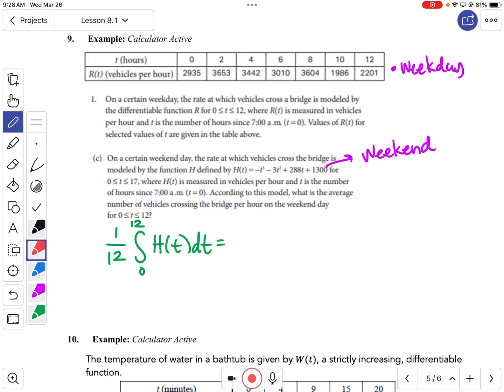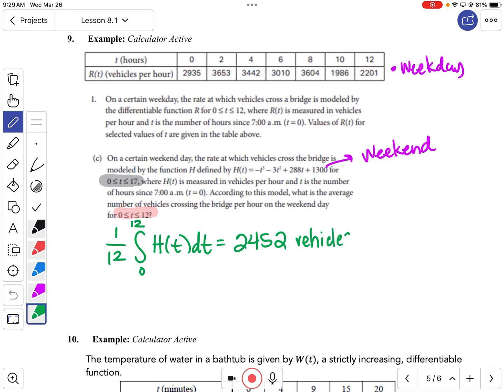Okay, I also think they give you some distractors in here as well. This 0 to 17, that's what the function's defined for, but the time they want me to do is 0 to 12. Okay, so you just have to be careful with those kinds of things. I don't know if there's decimals attached to that. That's what I have written down right there. 2452, is it exact? Yep. Okay. And that would be